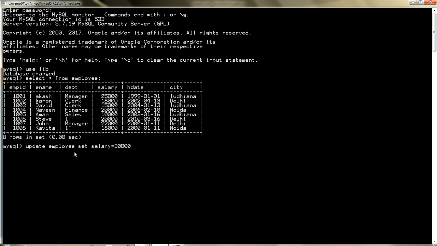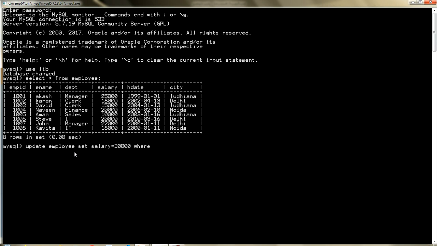Then if I press enter, hold on, what will happen? It is not an error. It will change the salary of all the employees to 30,000. So I need to have the where clause, because I want to change the salary to 30,000 where the name is Akash.